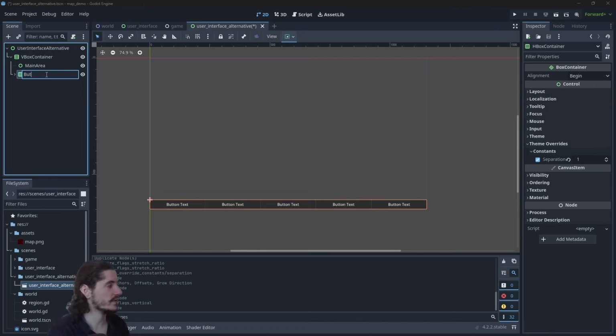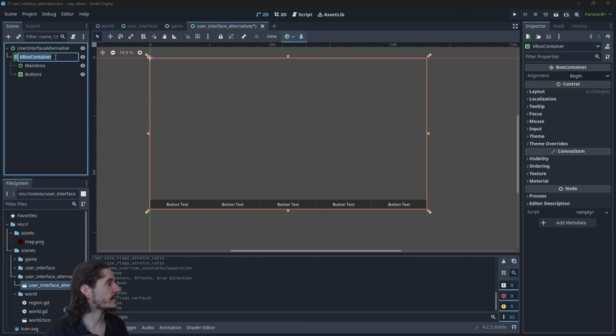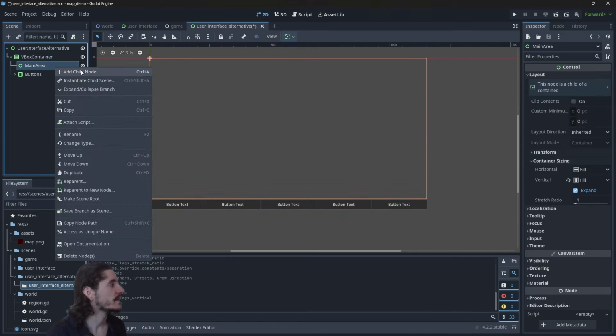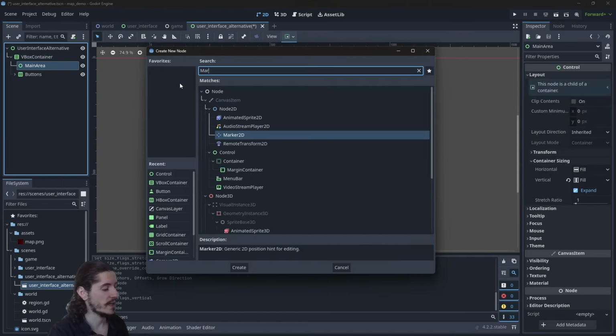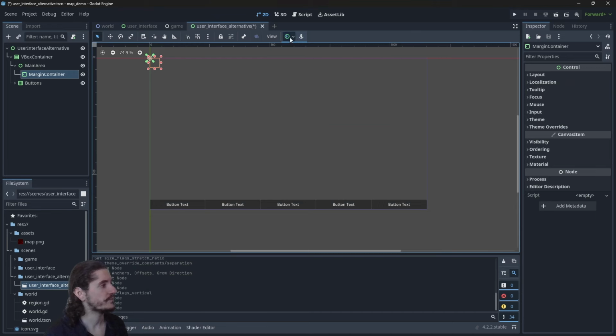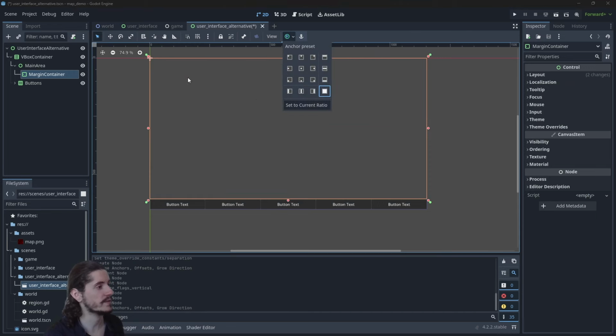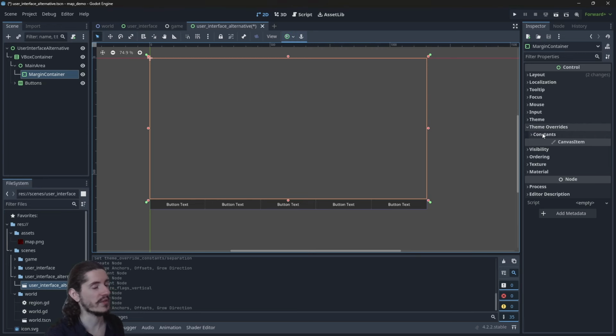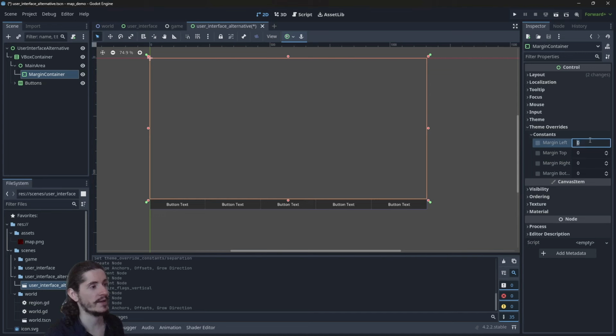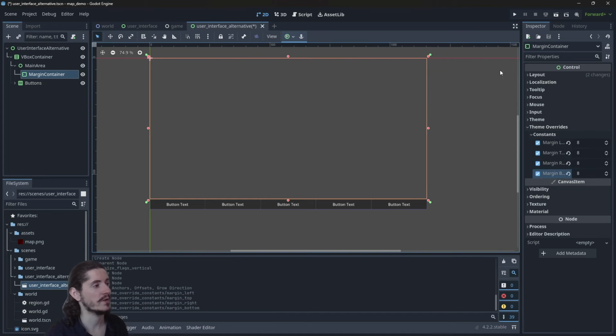Here we will have the buttons, and this will be the VBox container, that's the name. Well, so anyway, in there, I will add a margin, which I will anchor to take the entire space. And in margins, you go in theme overrides, and I will add 8 pixels on each side. Okay? So now that I have this,